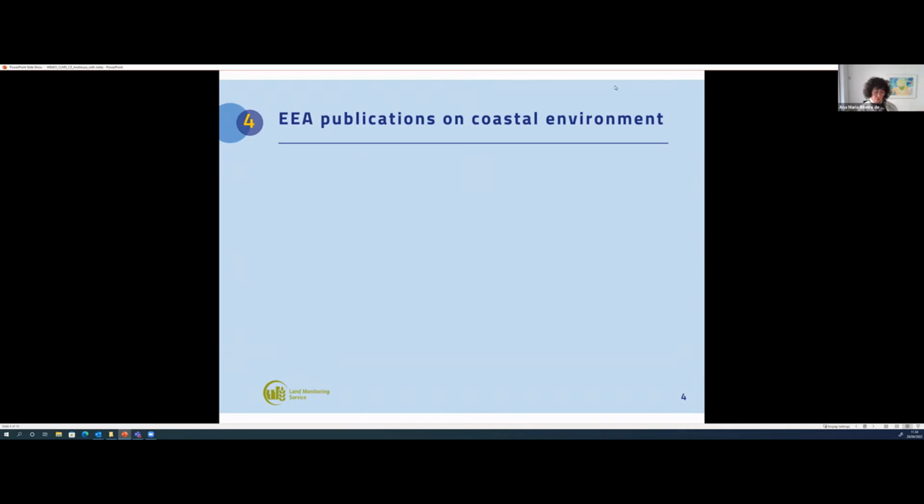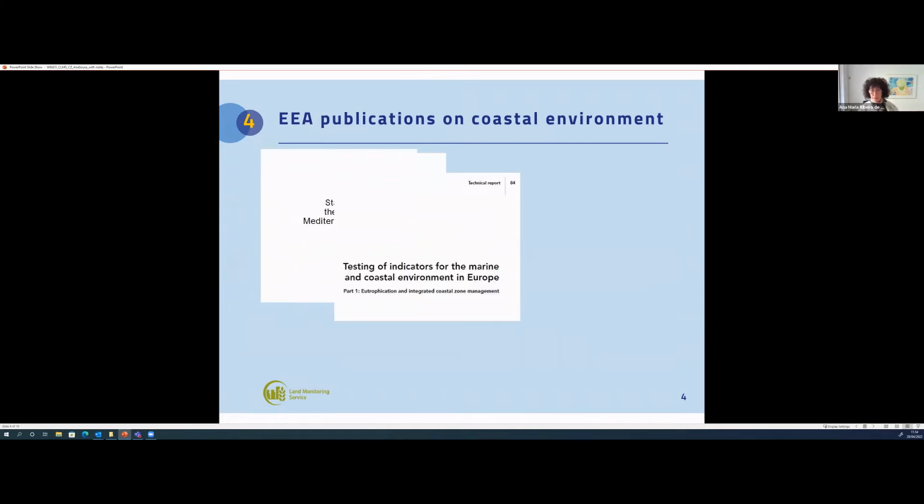So over the years, a lot of work has been done in this area, and I will show you a few examples. From 1997 until 2000, we published annually the Marine and Coastal Environment Annual Topical Update Report. In 2000, the agency published the state and pressures of the marine and coastal Mediterranean environment that was also annually updated for a period of time.